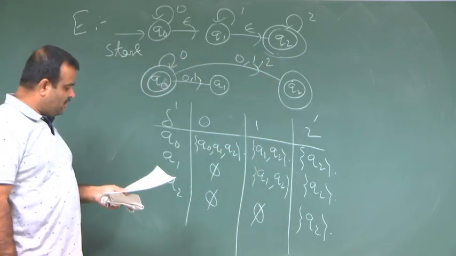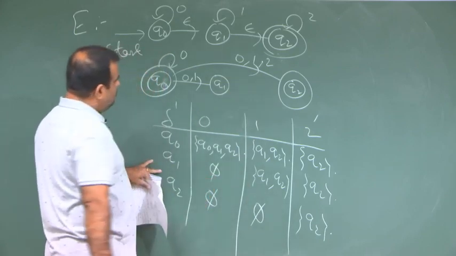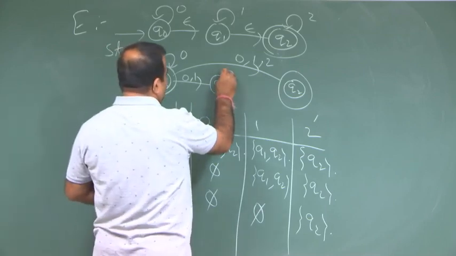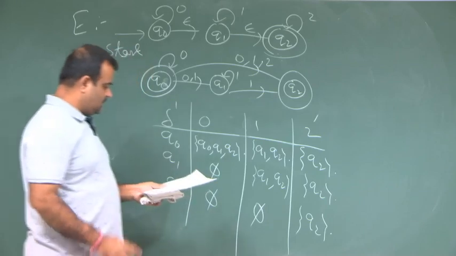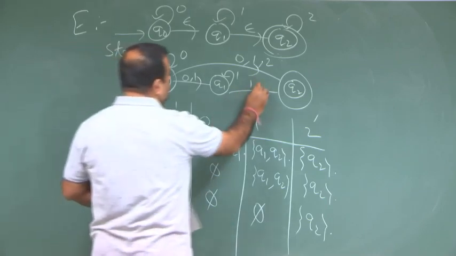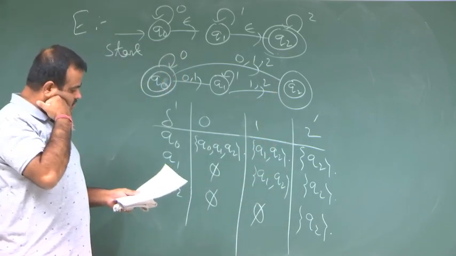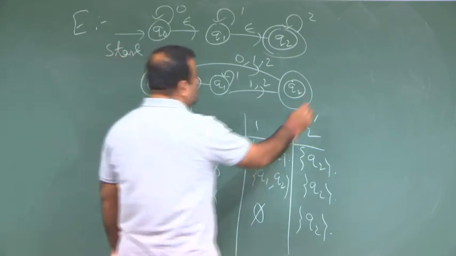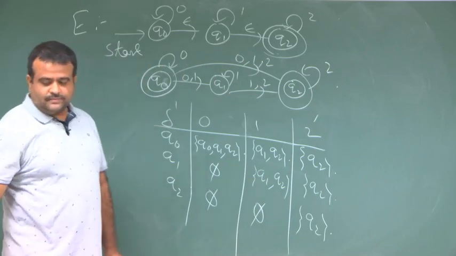Okay. And from Q1 with 0 there is no move, with 1 we can be at this or we can go to Q2, and with 2 we can go to Q2. And from Q2 we have no move for 0, no move for 1, only we have a move with 2. So, this is the corresponding